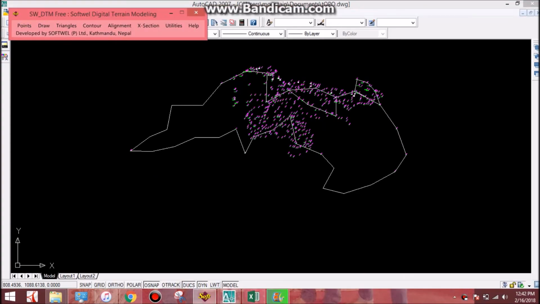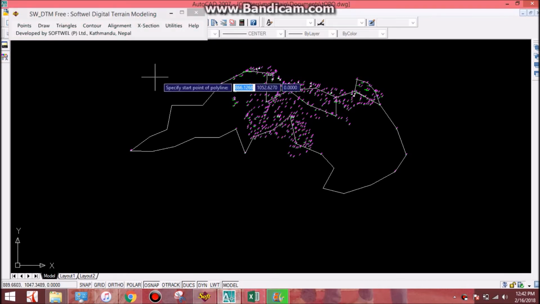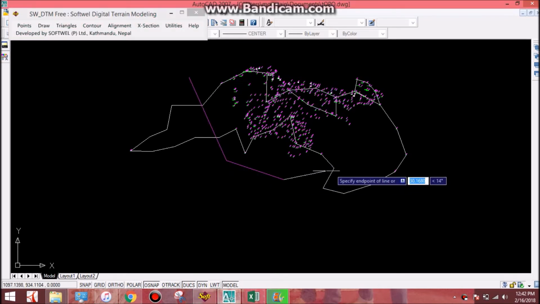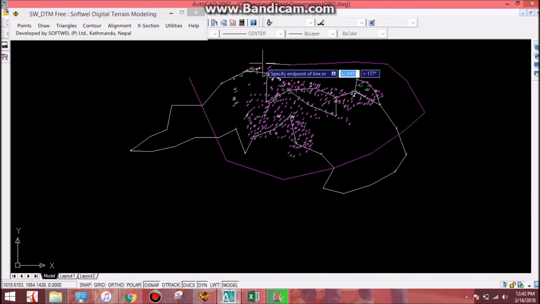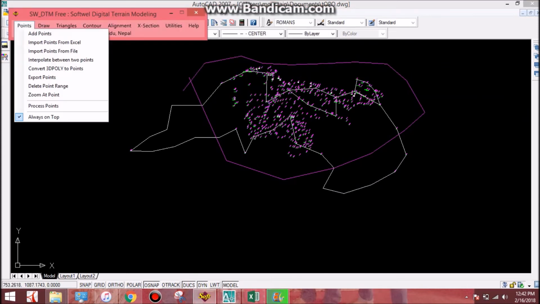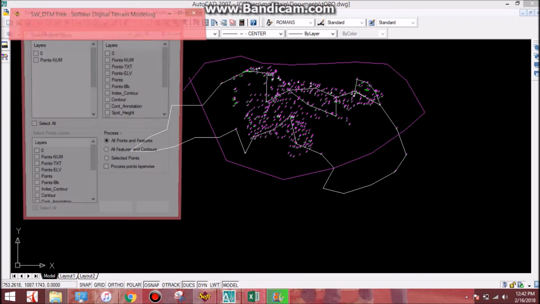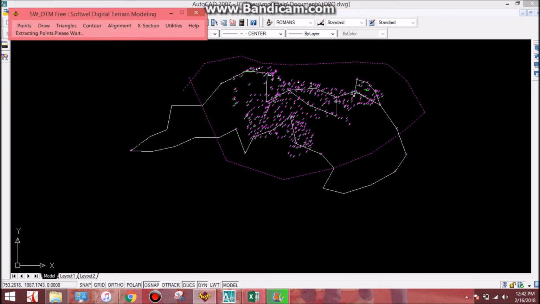For contouring, what I do is, firstly I add a boundary, and this can be done in a random selection way, up to which point you have taken the detailing. Then I process the points with this option. Okay, you get okay, and then